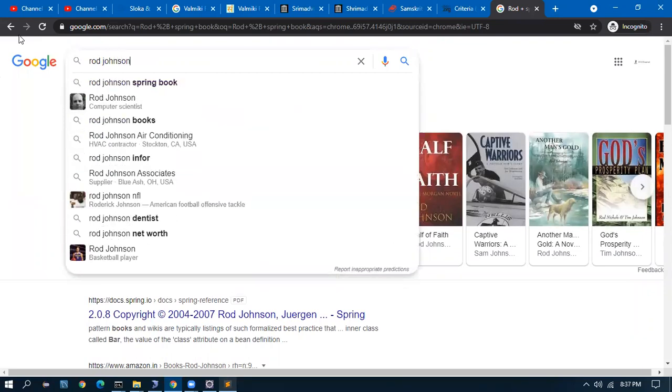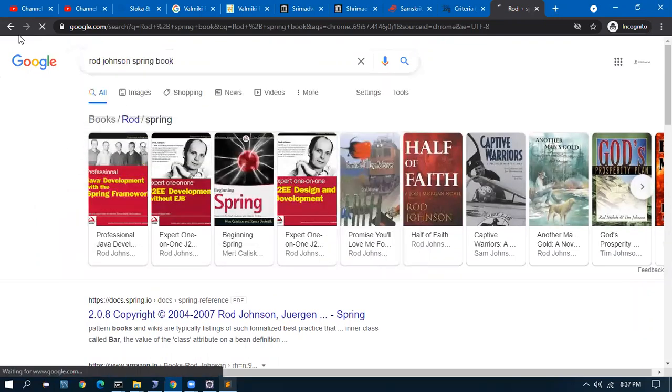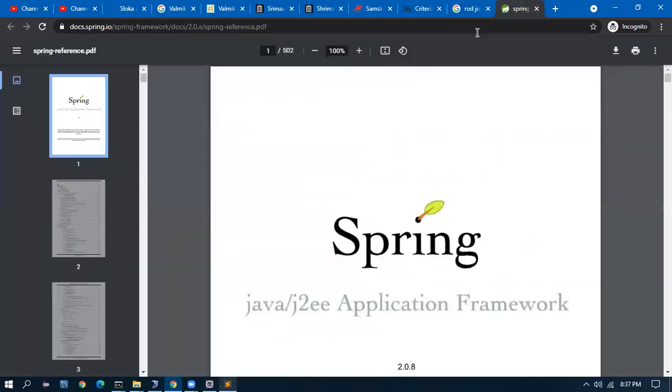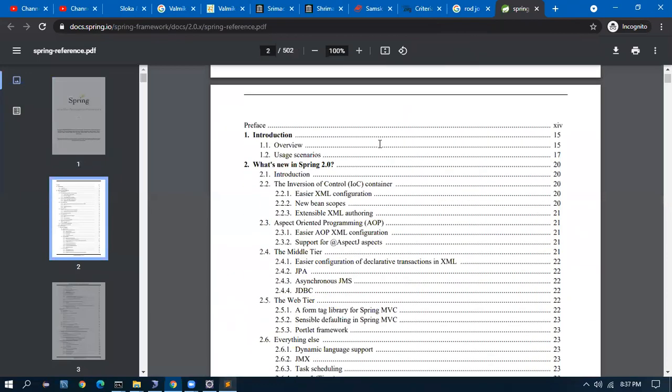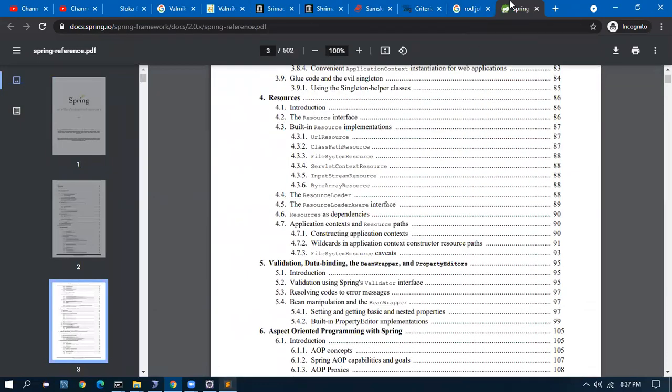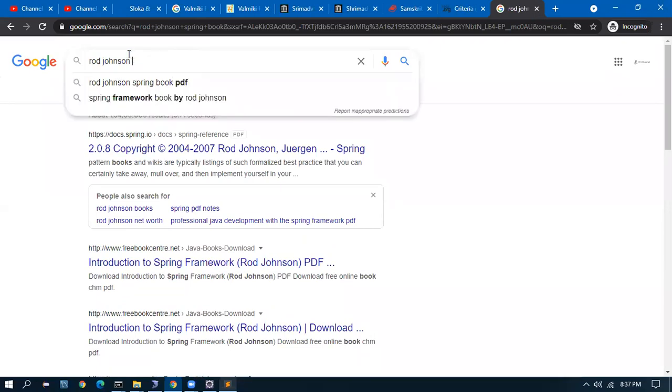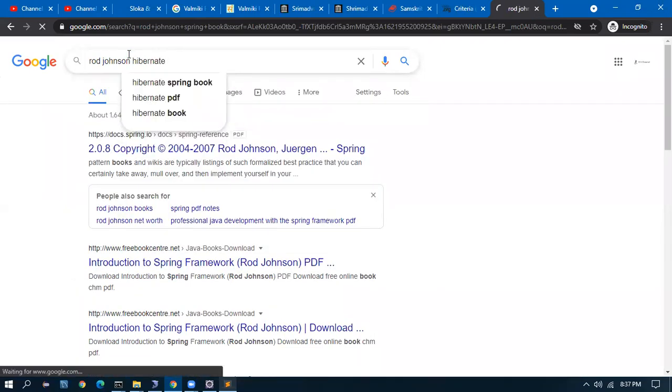Rod Johnson Spring book. There is one book, not this one. One second, let me check, because it is a very, very useful book.